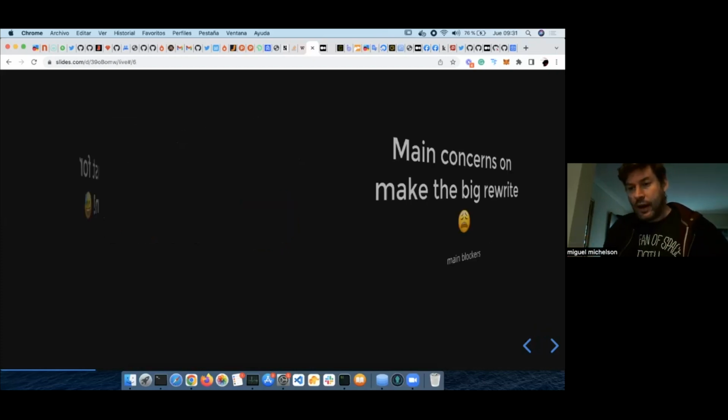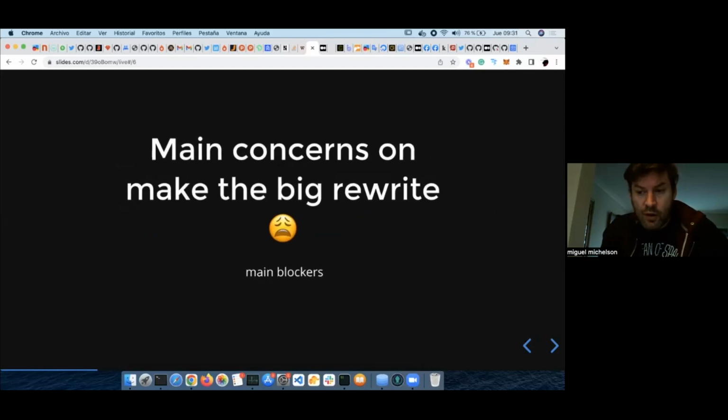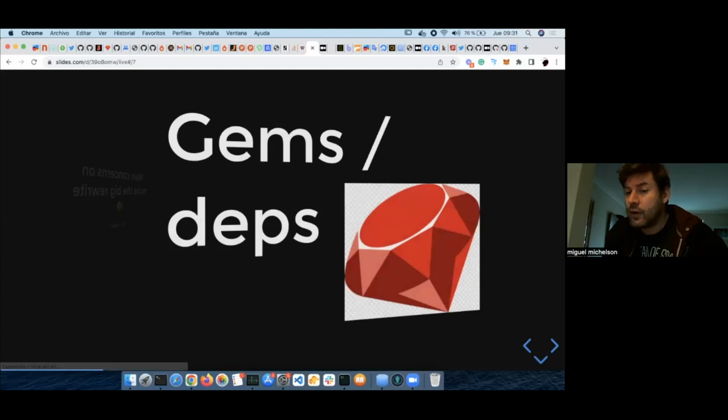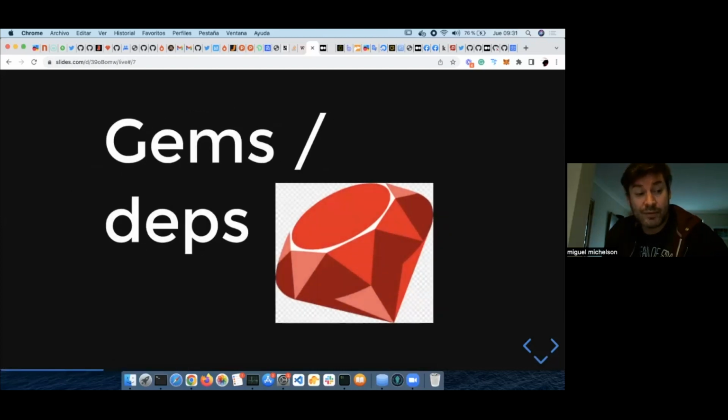So what were my main concerns about making this big rewrite? The first thing that I did, of course, was read the docs. So I suggest that if you are in the same spot as me, do the same. The documentation is really concise and easy to grasp. But I also searched the internet for alternatives to my gem dependencies, right? Because Rails developers rely a lot on their gems, the Ruby packages.